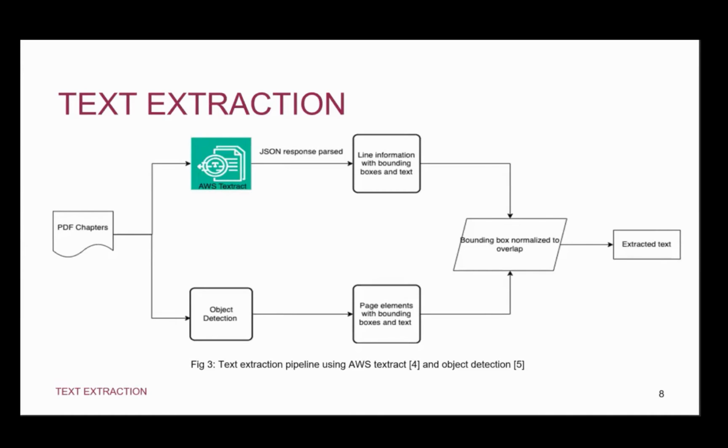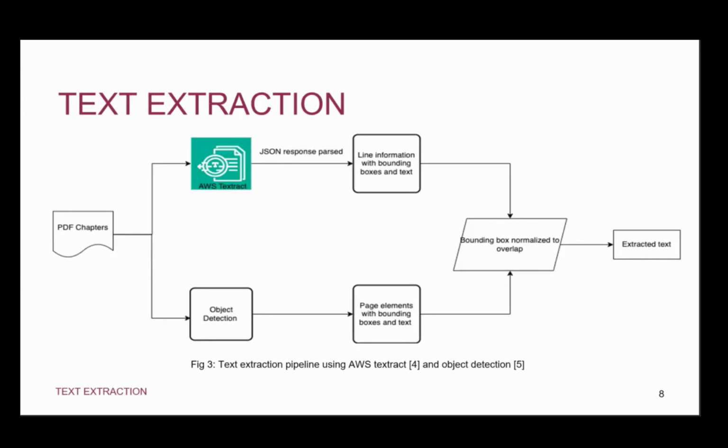Hence, I used a hybrid approach of object detection and AWS Textract. Both of those approaches yield bounding boxes. Now, AWS Textract will give me a bounding box for each of the lines and words for that page, but our object detection model trained on YOLO v7 is capable of performing page level classification for each of the